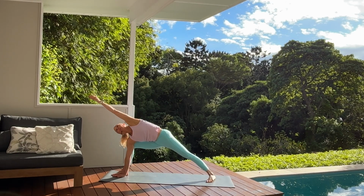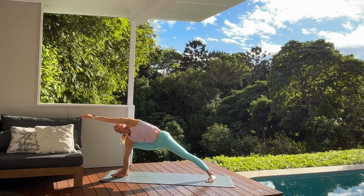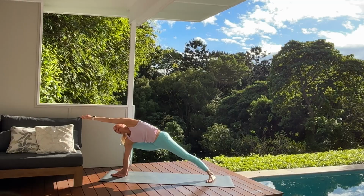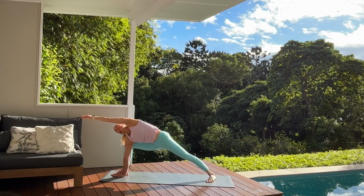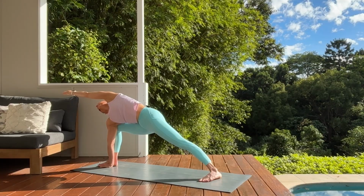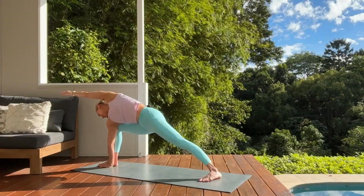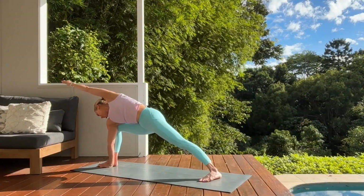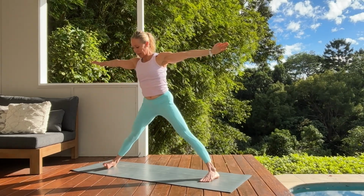From there, we'll reach our right hand all the way up and over. We're encouraging our left knee to the pinky toe. We're dynamically lengthening through the top side of the body. One more breath in. And on the exhalation, gazing at your left big toe. Press strongly out of your left foot to help yourself back up, lengthening through that left leg and turning your